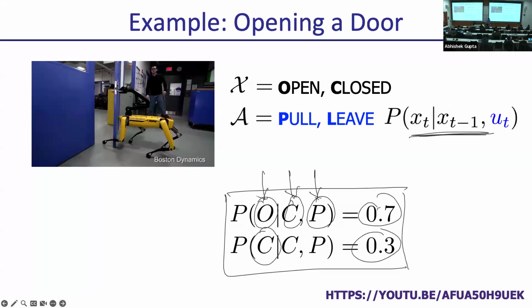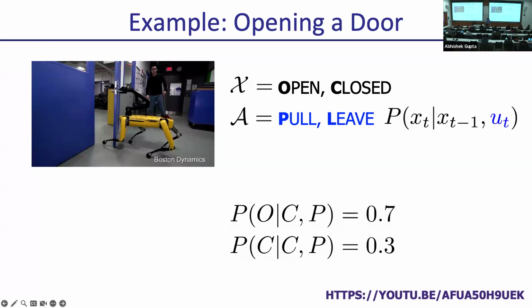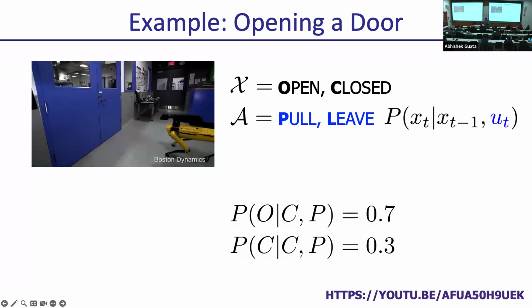So why is it not 1 and 0? Or might be locked. The door might be locked, yeah. It could slip. There are unmodeled effects, and we're trying to incorporate those unmodeled effects into our uncertainty. So this is the likelihood when you're at closed and you take pull, you get to open and closed. We can write a more complete model